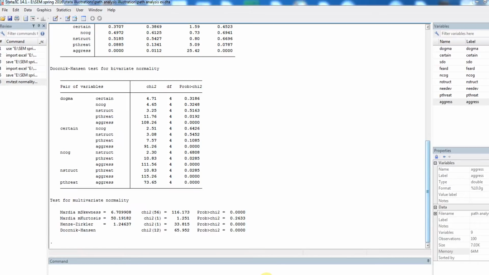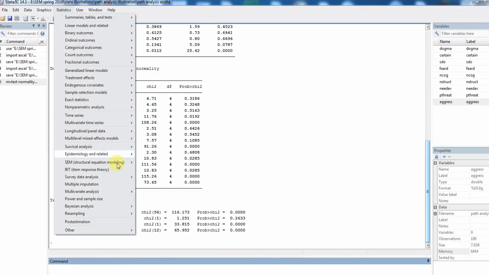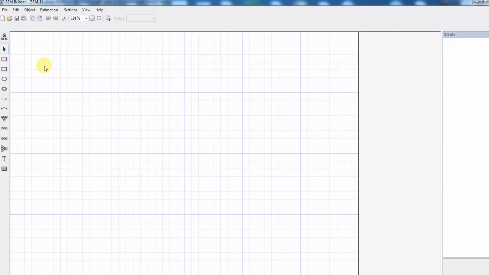So in testing out my path model, this seems to be a good situation where we might want to utilize the Satorra Bentler scaled chi-square test and adjusted standard errors. So to draw out the basic path model, I'm going to go to Statistics, SEM, Model Building and Estimation. I discussed this in another video, but just really quickly, you can see over here we've